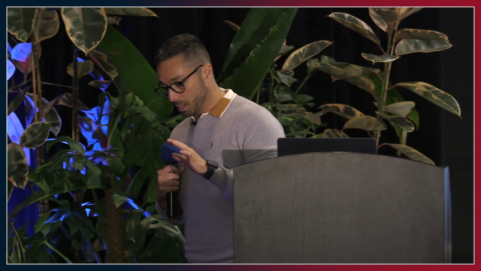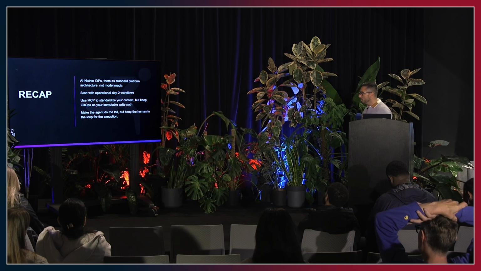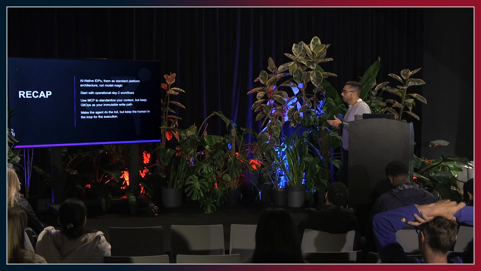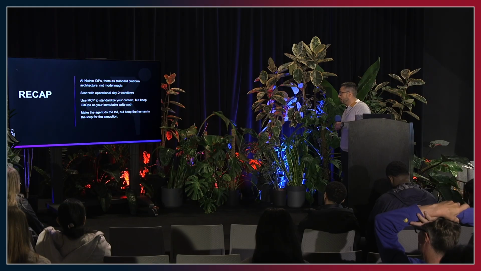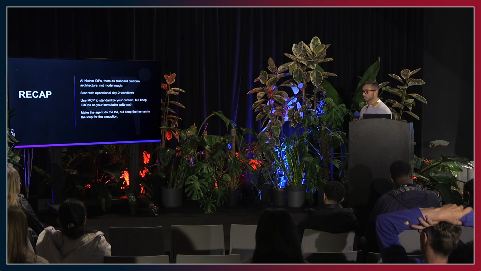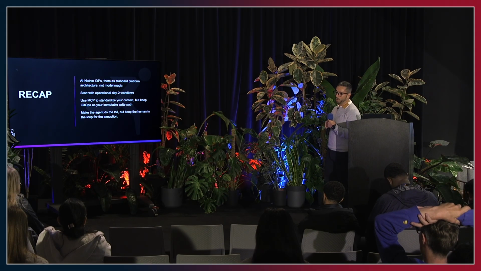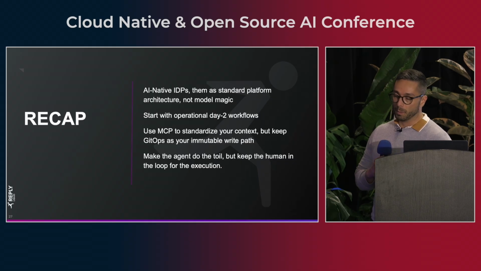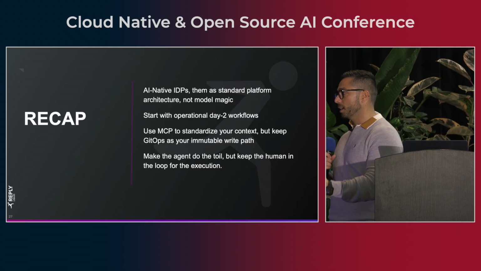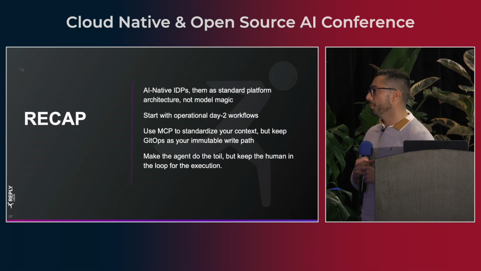I think that's it. Just to recap what we saw. This new design, the AI native IDPs using agentic AI and MCPs, should be treated as a standard platform, not magic, like we saw with portals, that portals will come and solve everything. No, that's not a silver bullet. We need to think about how we can put boundaries, contracts and guardrails to keep the agents in a governed